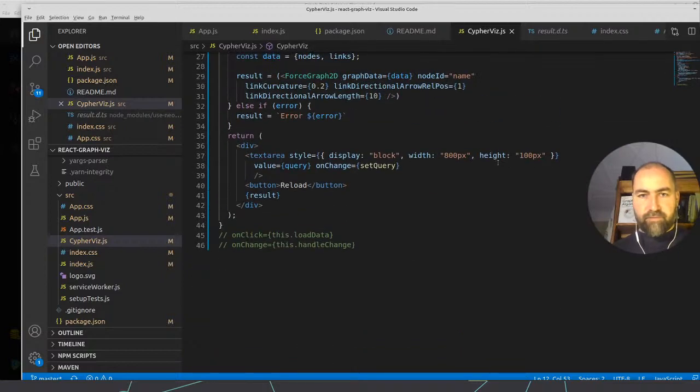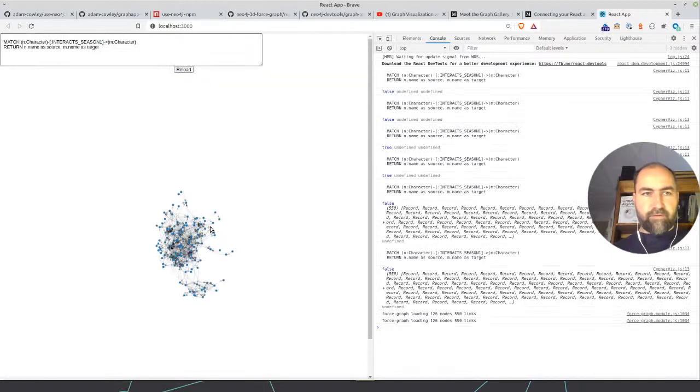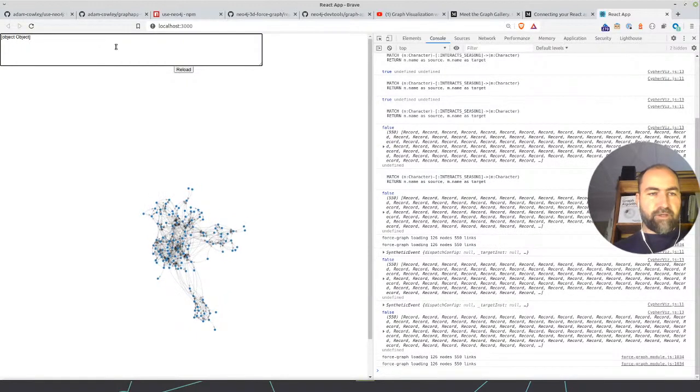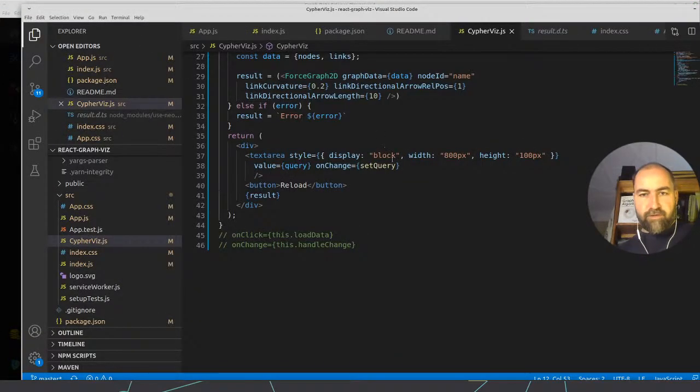So, and let's try this again. Cool, and if I change something, it should probably re-render and not render anything anymore, right? Or object, set query, e.target.value.